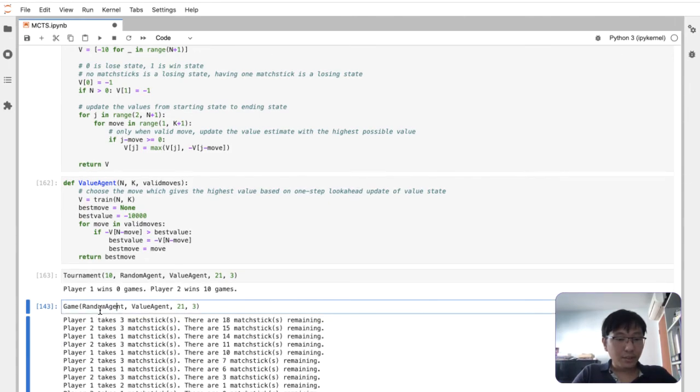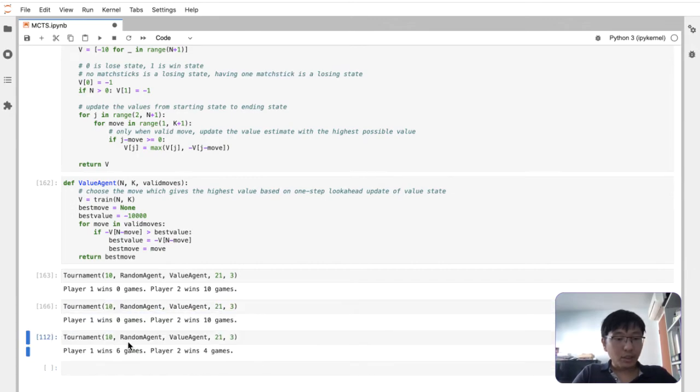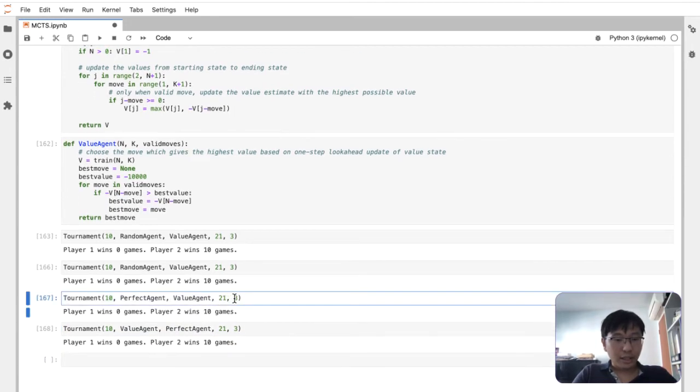And we can see the same thing with the tournament. Tournament 10, yeah. You can see that it wins all the games. You can try beating it with the perfect agent, and you can see that it wins all the games as well. So this value agent is already perfect in nature. So you can see that, okay, this one no. So for example, the perfect agent, even if I do like 1201,